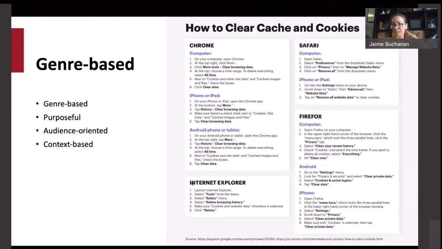Another aspect to consider is the context within which the text will be read. Again, if we use instruction manuals, this is a key feature of how and why instruction manuals are formatted the way they are. The vast majority of people, when following a procedure, do not read from the beginning to the end before beginning the task. The majority of people read step 1, complete step 1, read step 2, complete step 2, and so on. And so the text is produced with that in mind.